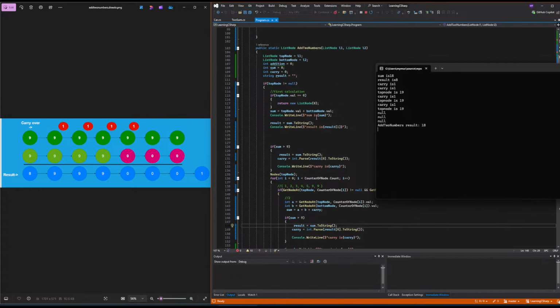Sum is 18. Yeah, 9 plus 9 is 18. But then we keep the result and then sum first this is this, then this is this, and then if sum is greater than 9, then the carry does this, carry 1, yeah,